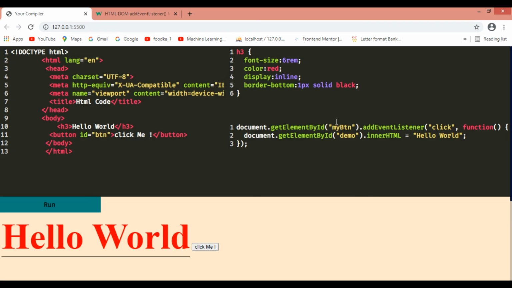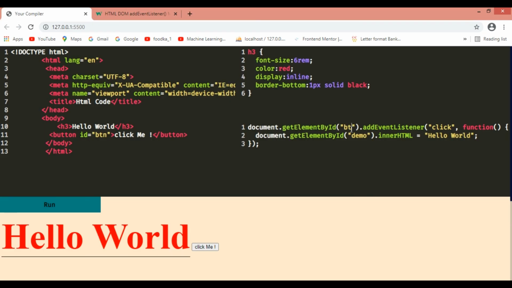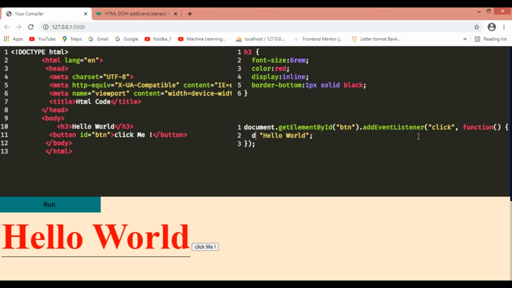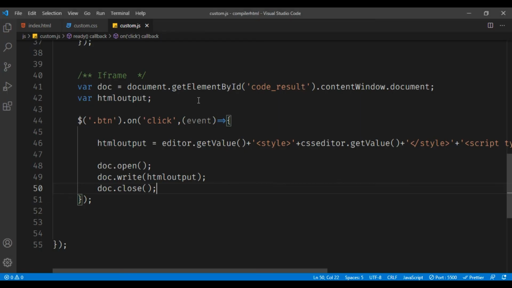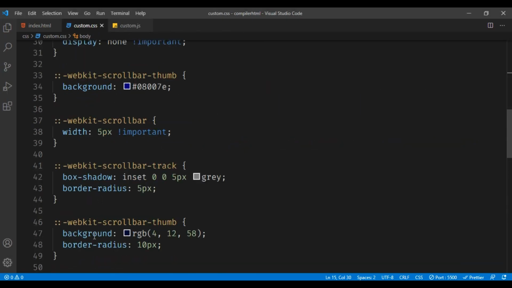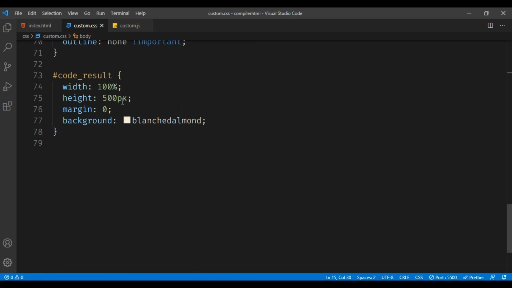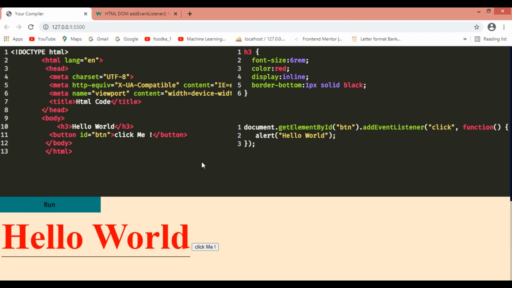Okay, no worry. Fix this thing here. I'm using button. Okay, now let me run this thing. You can just see the JavaScript part is also working. So guys, this was all about the compiler which you can make with Code Mirror.